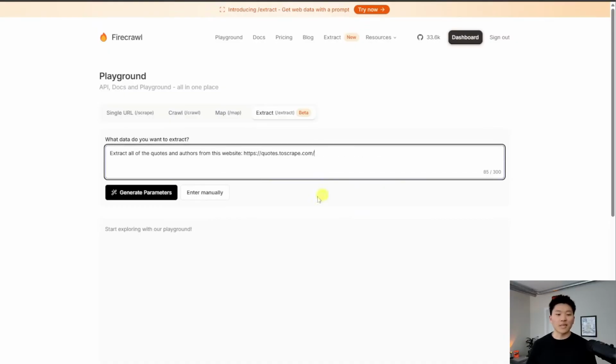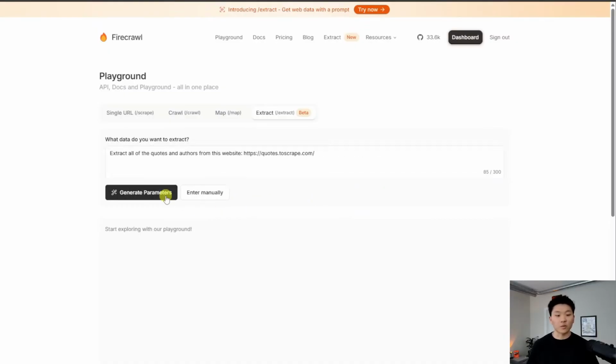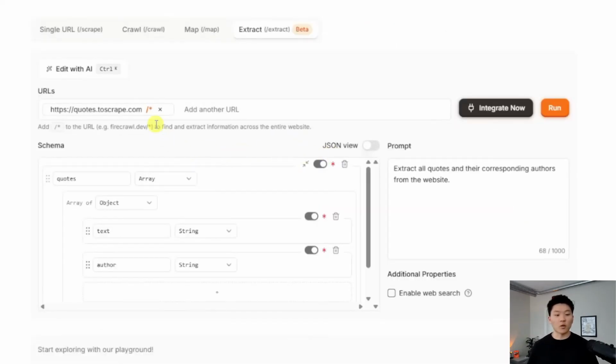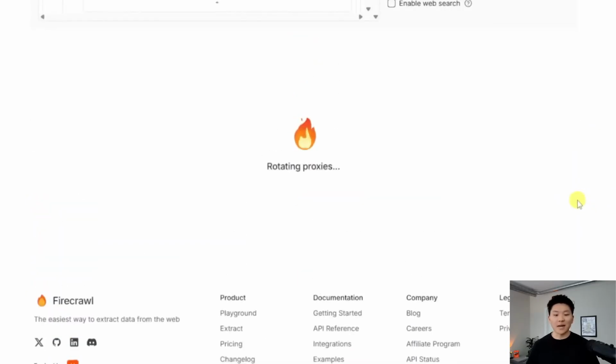All right, so what we're doing here is we're saying extract all of the quotes and authors from this website. I gave it the website, and now it's going to generate the different parameters that the LLM will be looking to extract out of the content of the website. Okay, so here's the run we're about to execute. We have the URL, and then we have our schema for what the LLM is going to be looking for, and it's looking for text, which would be the quote, and it's a string, and then it's also going to be looking for the author of that quote, which is also a string. And then the prompt we're feeding to the LLM is extract all quotes and their corresponding authors from the website. So we're going to hit run,